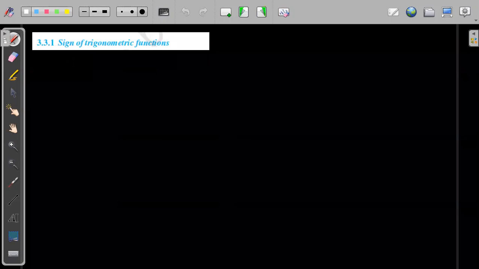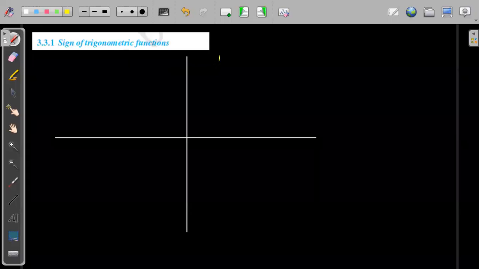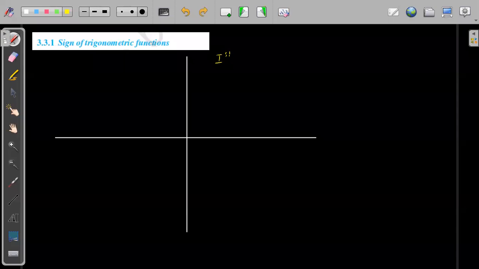Very good. Now the signs of trigonometric functions in different quadrants. If you remember, this was the simplest and easiest part which we have done. In the first quadrant, which trigonometric ratios will be positive? Sine, cos and tan will all be positive. If sine is positive, then 1 by sine, that is cosec, will also be positive. If cos is positive, then sec is also positive. If tan is positive, then cot is also positive, right?